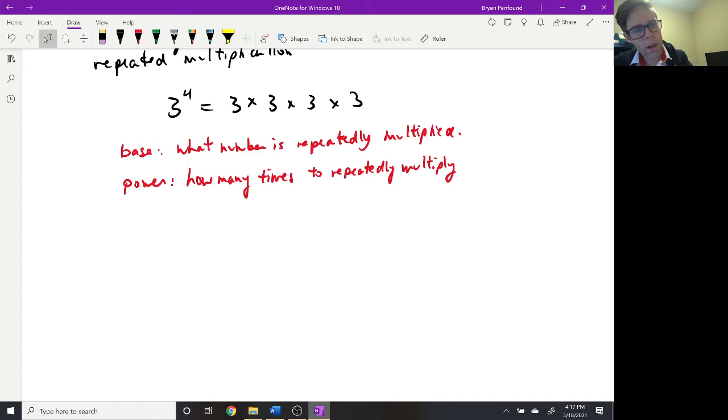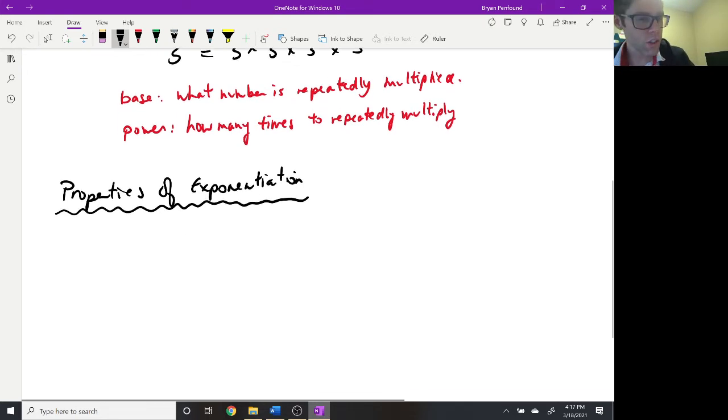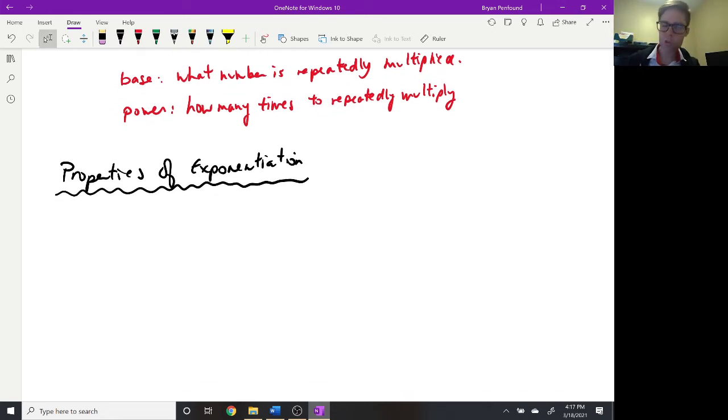So let's just maybe quickly skirt through a couple of properties of exponentiation. I'm going to do my best to keep this brief. I don't want to spend too much time doing this because I'm hoping that most of you know a lot of these properties anyway. So we're just going to label these in a numerical kind of order. I'll try to give a numerical example over on the side. And our first property is that